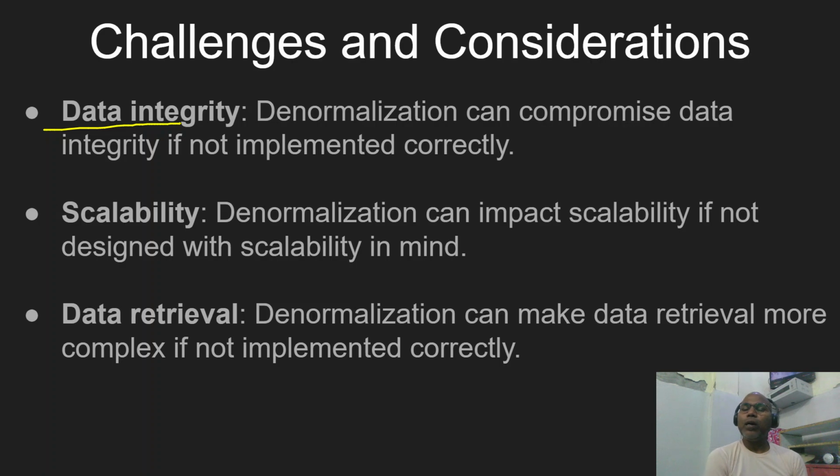the major plus point of normalized systems is that they maintain data integrity, because the data is not redundant. It is in only one place. If the data changes in that one place, it is referred to by the same table. So customers always get consistent data. But here we have to plan data integrity properly